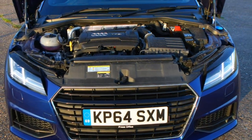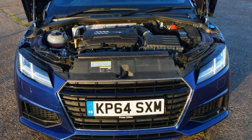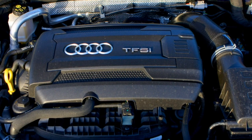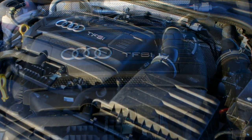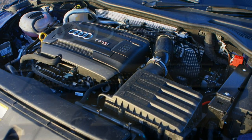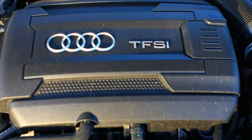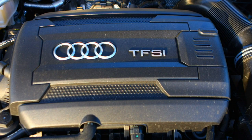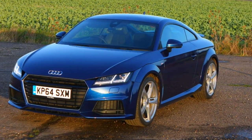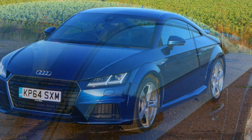Other kit list highlights include keyless go, Alcantara and leather upholstery, xenon headlights and the drive select menu to set your preferred parameters for the engine, steering and automatic gearbox, among others. Bluetooth connectivity is also standard, as is the Audi Music interface, which allows you to hook up your iPod or MP3 player to the main screen and scroll through artists, tracks and albums from the steering wheel or stream music